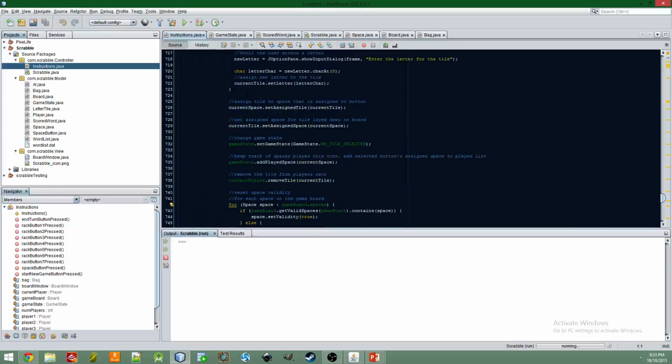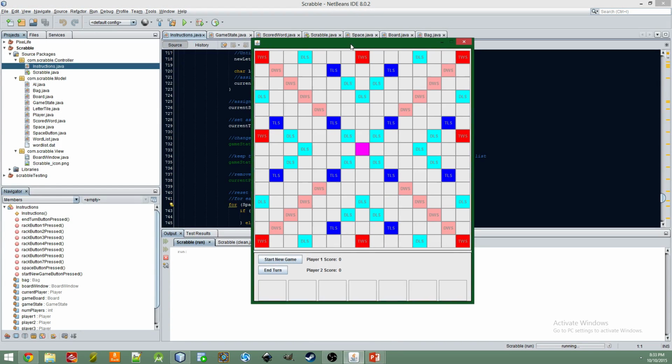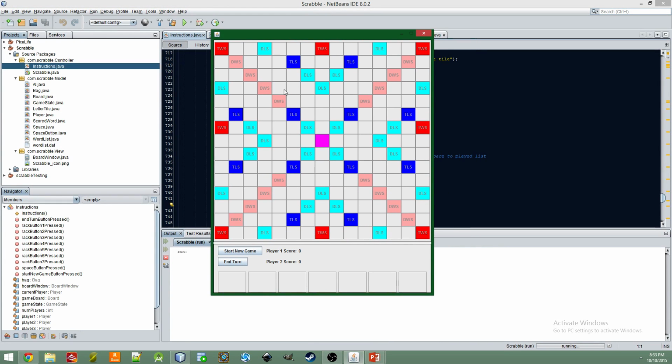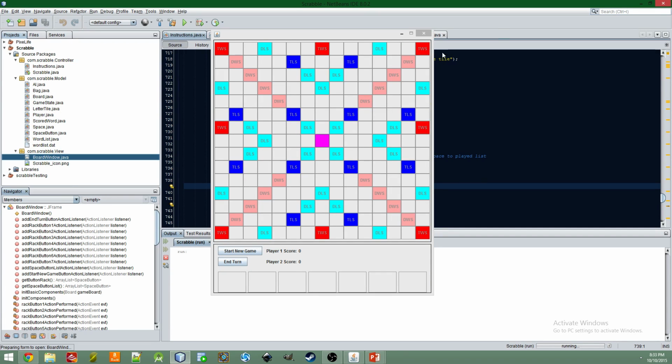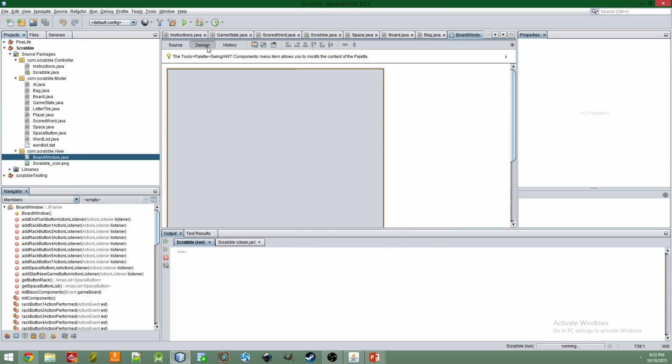Alright, let me go ahead and run it just to show you what it looks like. Oh, I've already got an instance running right here. We'll pull that up. This is the window you'll see. You can see that the game board is drawn, and if we go into the design of the